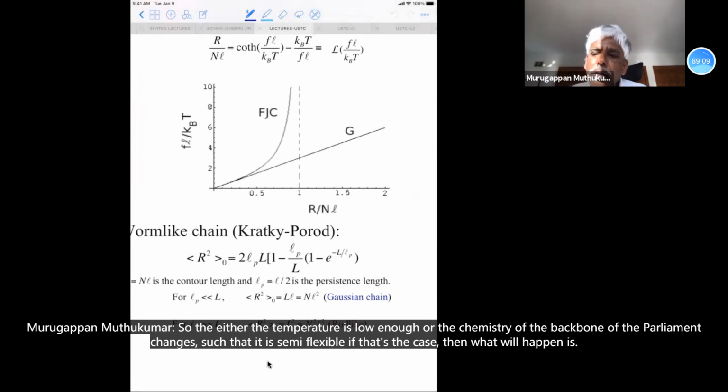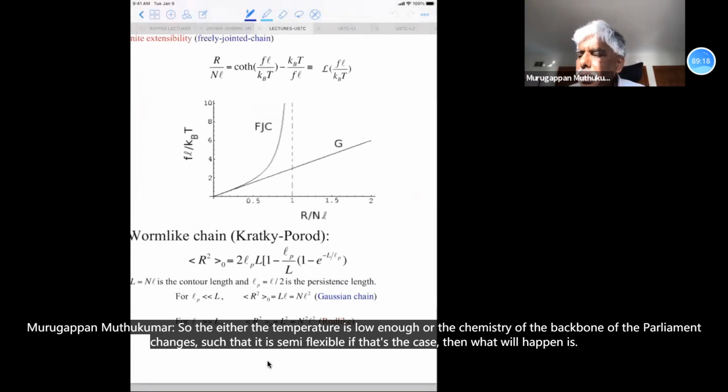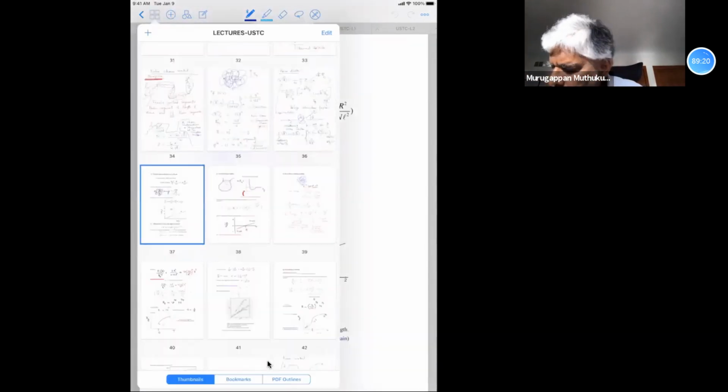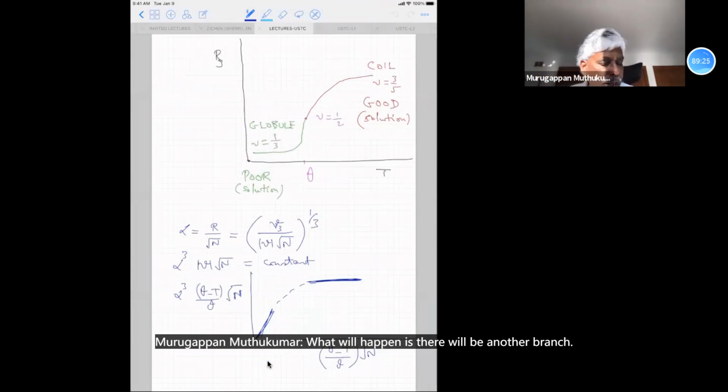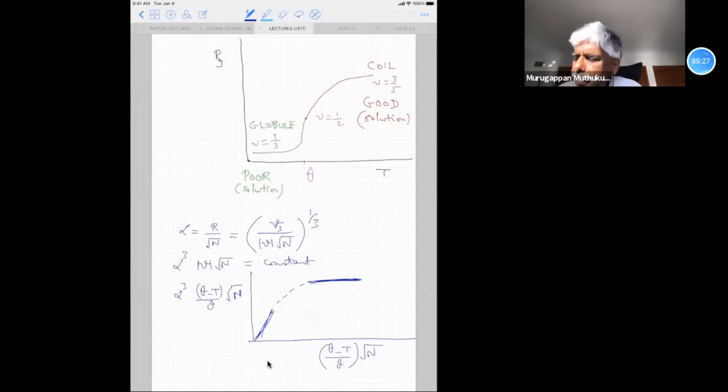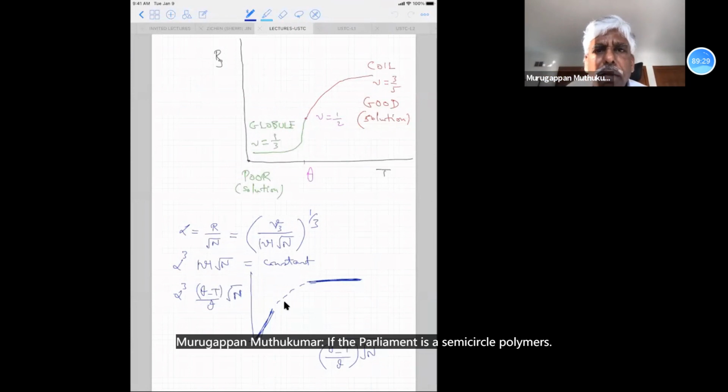So either the temperature is low enough or the chemistry of the backbone of the polymer chain is such that it is semi-flexible. If that's the case, then going back to our figure here, what will happen is there will be another branch. If the polymer is a semi-flexible polymer,